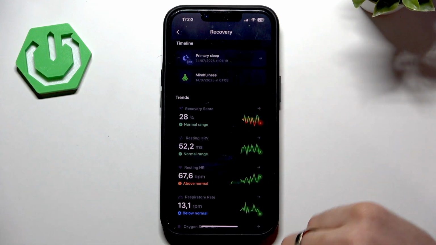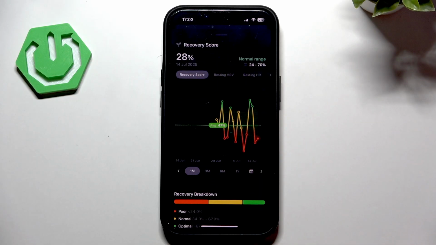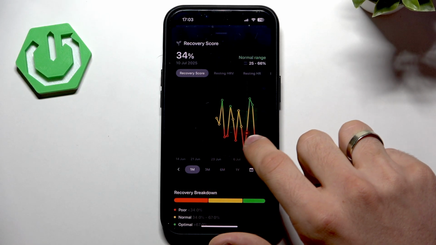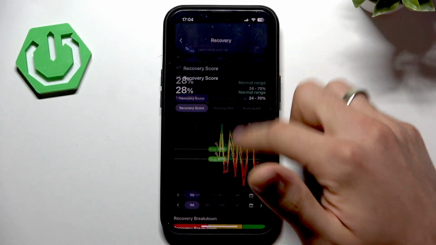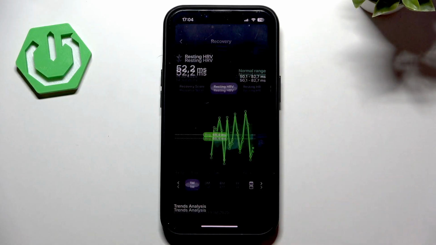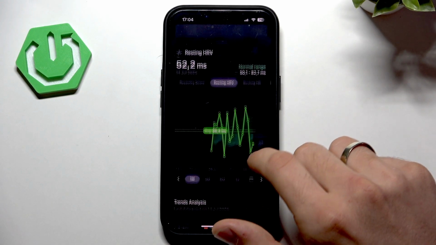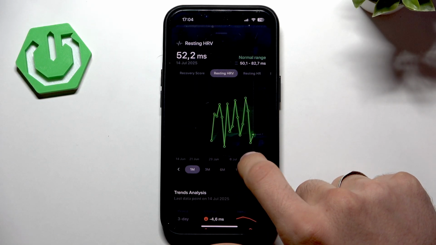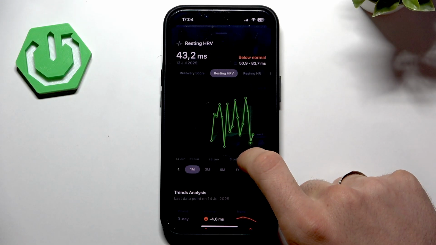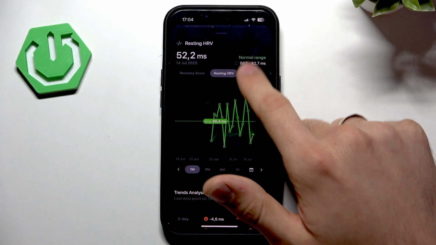So here we have trends, for example, recovery score. As you can see, I have different scores of recovery, so for me it's okay. Today I have nearly the worst record of recovery. Okay,